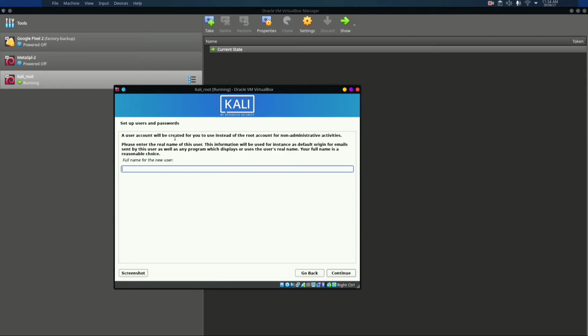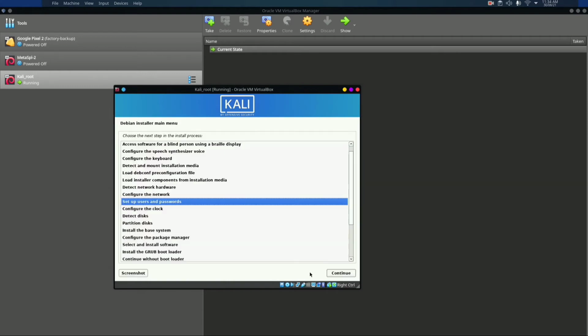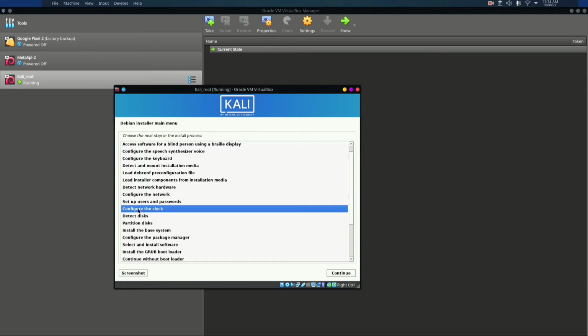Here a new user account will be created for you instead of the root account for non-administrative activities, but I do not want to create any user for this machine apart from root, so I'll just go back and skip this portion and click on configure the clock.